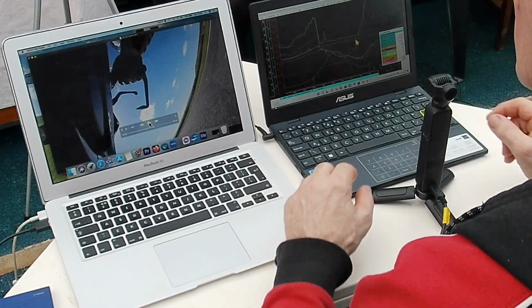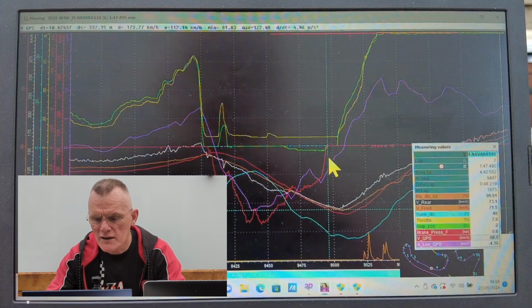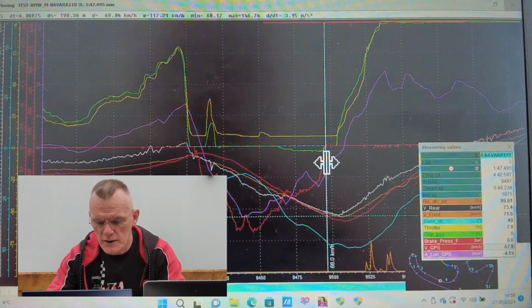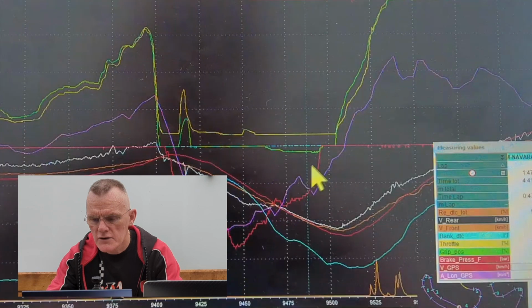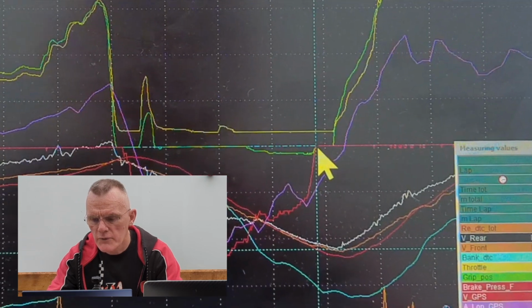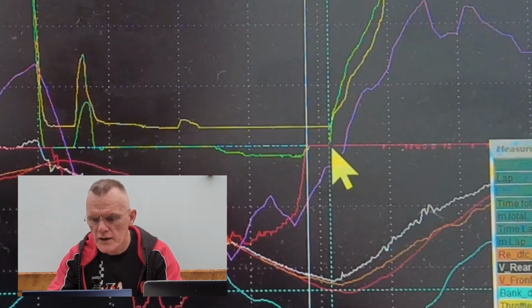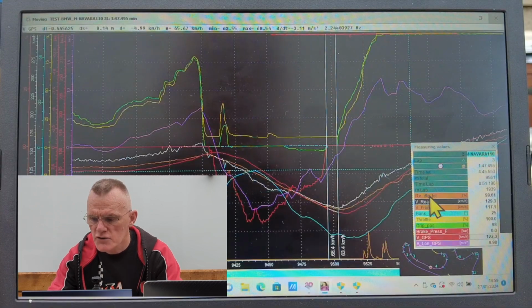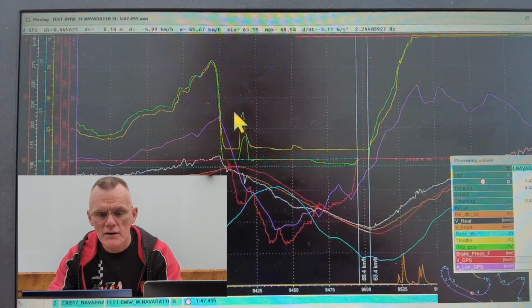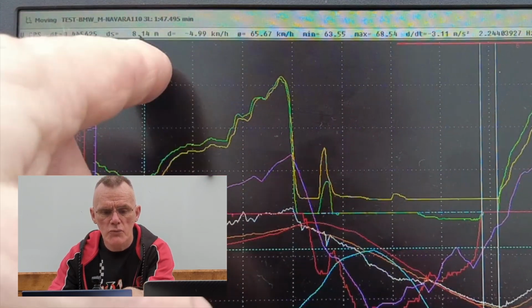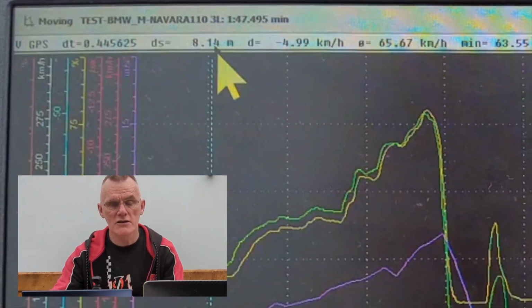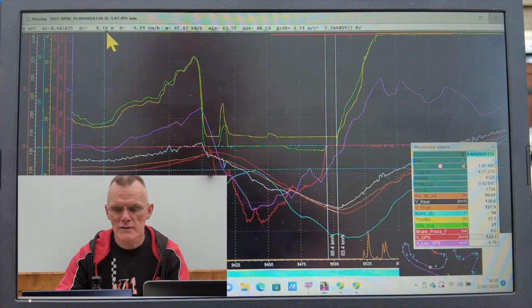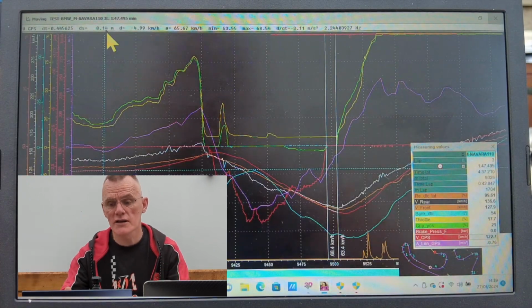That short time frame is effectively this red line coming up here, from there to where the throttle opens. Distance wise on track is 8.14 meters. So it isn't a very long distance point of view, which is obviously not a lot of time either.